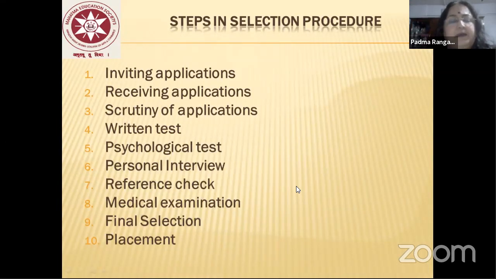तो रेफरेंस चेक के बाद फिर मेडिकल एग्जामिनेशन होता है। What is this medical examination? अभी ये याद रखो कि if you are working in this organization, you have to be not just mentally and psychologically fit, you have to be physically fit also. तो आपका brain, आपका mind और आपका body तीनों fit होना चाहिए।